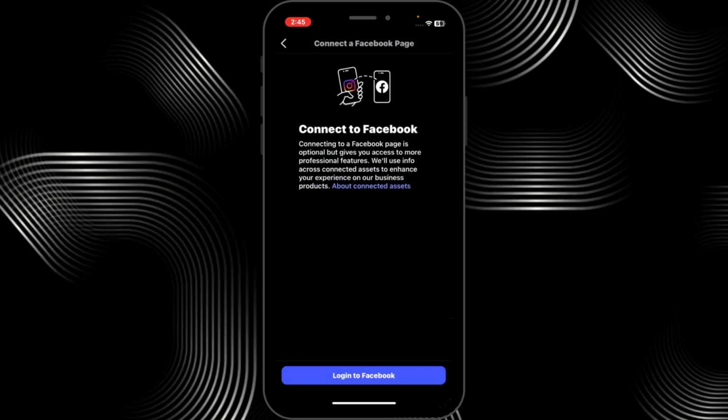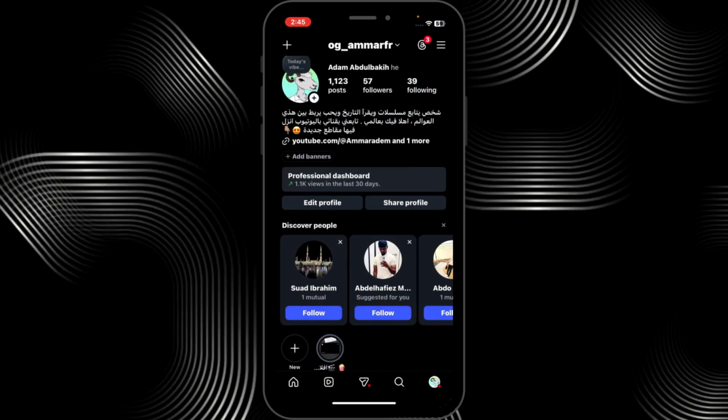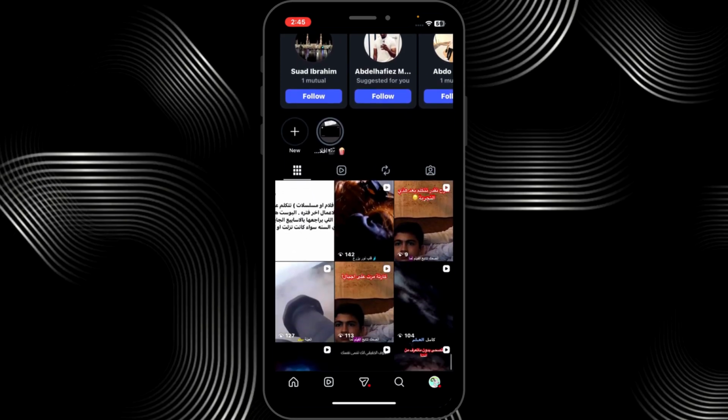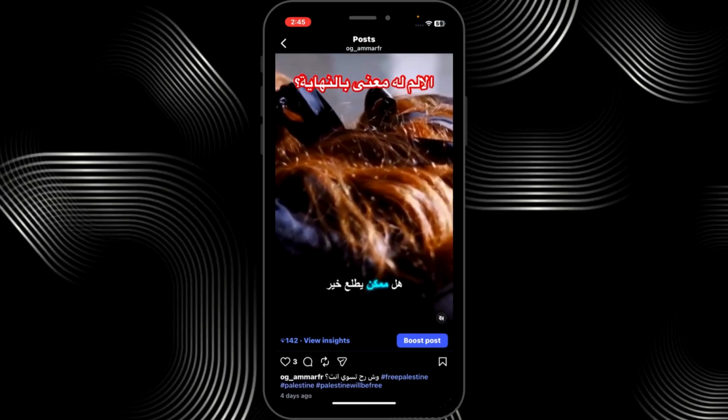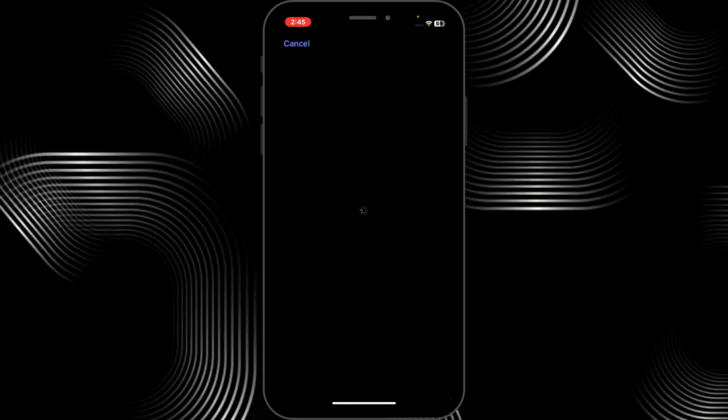And now you can use Meta Ads Manager for advanced targeting or boosting posts directly within the app, which requires creating a campaign, etc. Also, you can boost a post here on Instagram. So I'm gonna select the post here. I'm gonna press boost post,